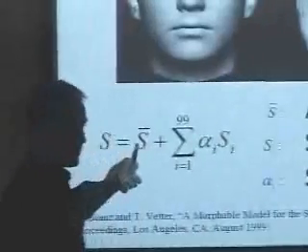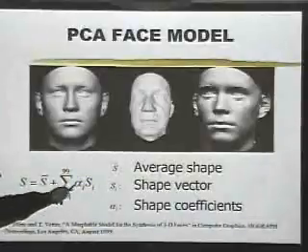It took about 3 years to actually get the model, but we finally got it, and the model we're using is the one that was initially developed by Thomas Vetter. I mean, it was first presented in '99, I think. And this is a model where a face is represented as an average face plus a weighted sum of